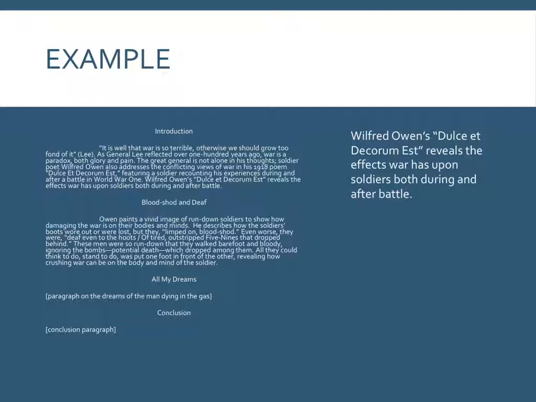So just an example of what it might look like here, and again, I've pulled from our paragraphs that we've done in previous targets for the essay on Wilfred Owen's Dulce et Decorum Est. As you'll see, I've stuck with the basic for introduction, and that's totally acceptable even if you're getting fancy for your body paragraphs. For my first body paragraph, which we worked through above, I actually pulled on some of the key details here. We had the bloodshot quote, and then we had the deaf quote. They were deaf to the noises of the bombs. And I really felt like those two words stood out, and that's why I chose those particular quotes and used them as my explanation. So I pulled them up here for my heading for that body paragraph.